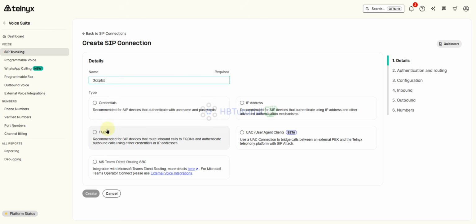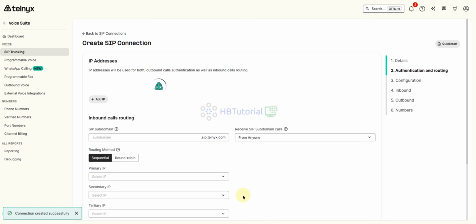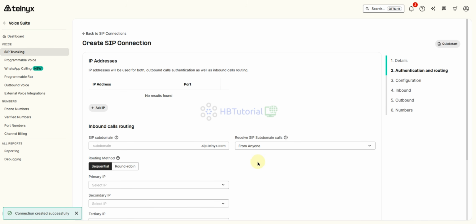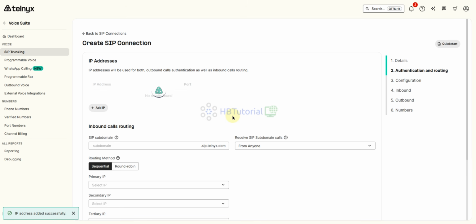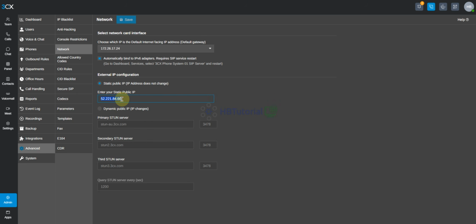You can choose credential or IP based. From here, we will use the IP based. So we can put our IP here, port 5060. So this will be our 3CX PBX IP.